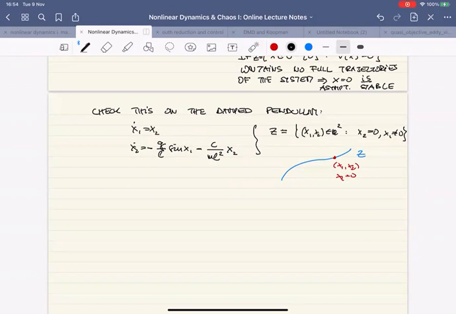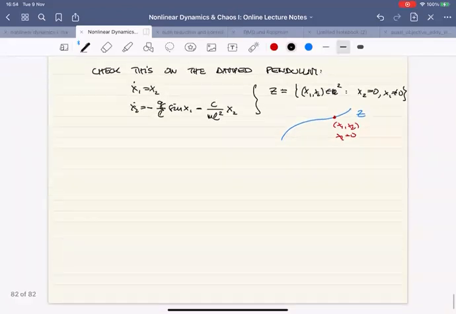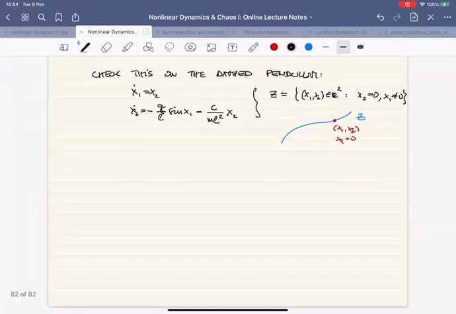And that's enough. If you're lucky, then they take you out of the set. And in fact, that's very likely. And if that's always the case at each point away from the origin, then you're done. And the Krasovsky modification then tells you the result. Okay, so let me just write this out. If